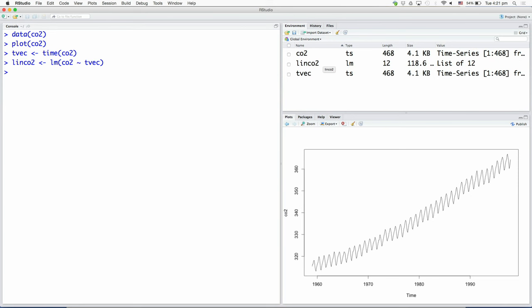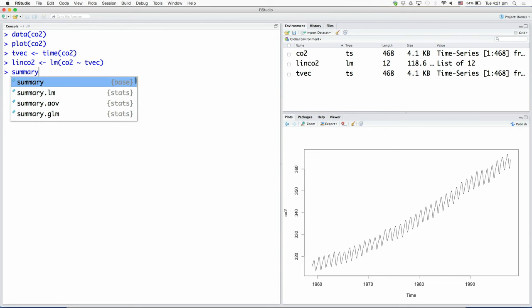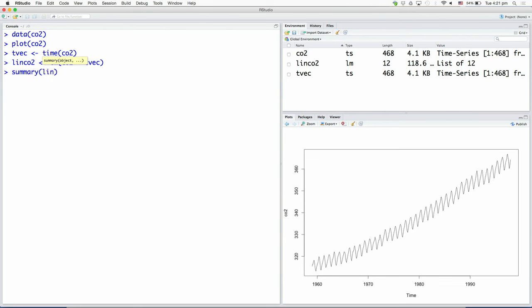Now, we can examine this model, and we should do it to proceed further. The summary command is a very multi-purpose command which applies to different types of objects. lin CO2 is an lm type object, basically a model type object, and it has several components to it.